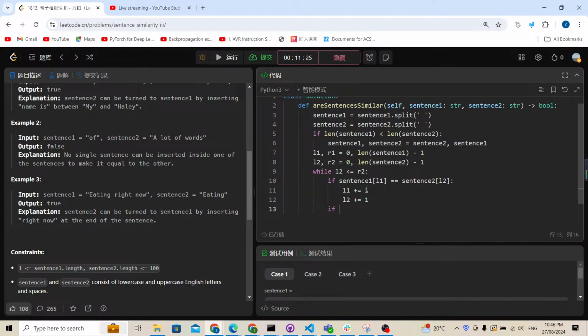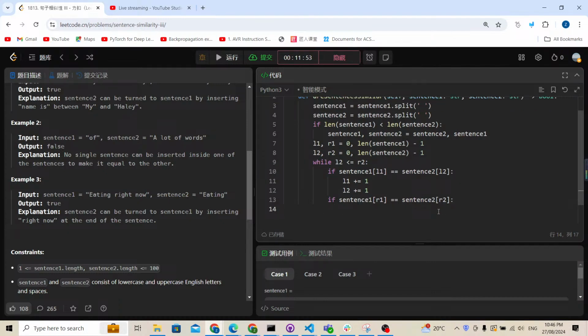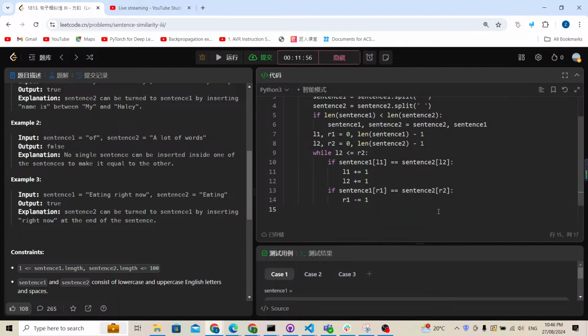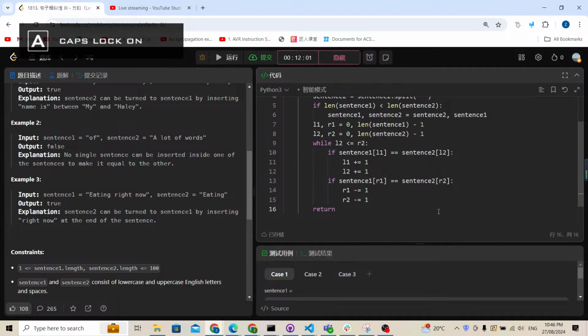Now I'm gonna similarly have another tag. Maybe let me copy it. Yeah, I don't need to copy it. So while sentence 2, it's gonna be R2 equal to sentence 2. Here is gonna be R1 because sentence 1 is R1 and sentence 2 is R2. So while they are equal, R1 gonna be minus equal to 1 and R2 gonna be minus equal to 1. So if it is not possible, definitely I'm gonna, if